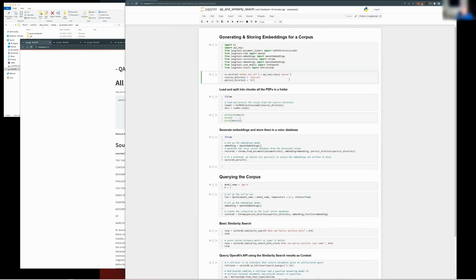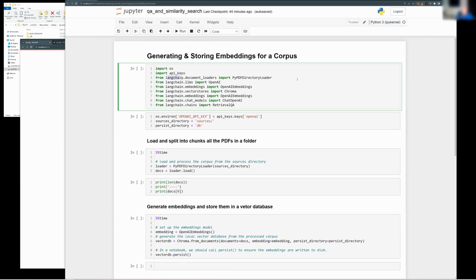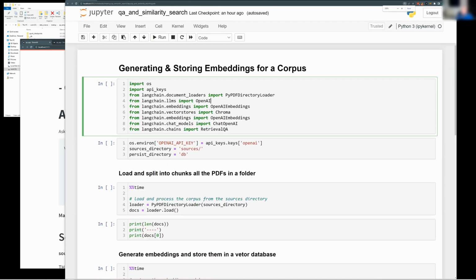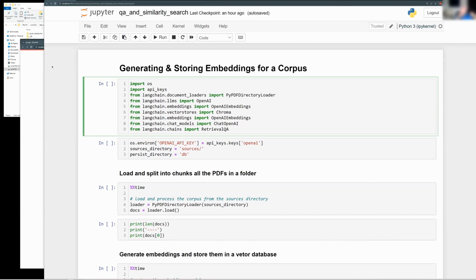So to get started, you see here LangChain. Let me zoom in a little bit. LangChain is the module that deals with everything. Here we have a directory loader. Then they have an interface for OpenAI, which, by the way, by choosing the LLM that you want to work with, it doesn't have to be OpenAI. It can be anything. You can use Cohere, you can use a locally hosted model, you can use Llama 2,